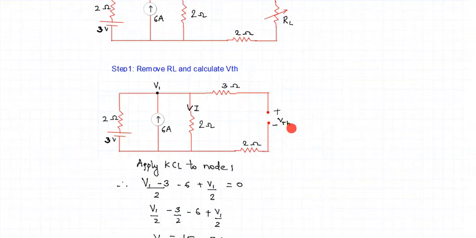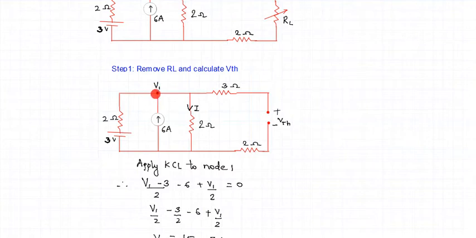Let us apply nodal analysis. The number of nodes identified is 1. Only one node applies to the given network. Applying the nodal analysis to this node, let us identify the branches. This is the first branch. This is the second branch and this is the third branch. This branch doesn't come into picture because of the open circuit network. So applying nodal analysis to these three branches.